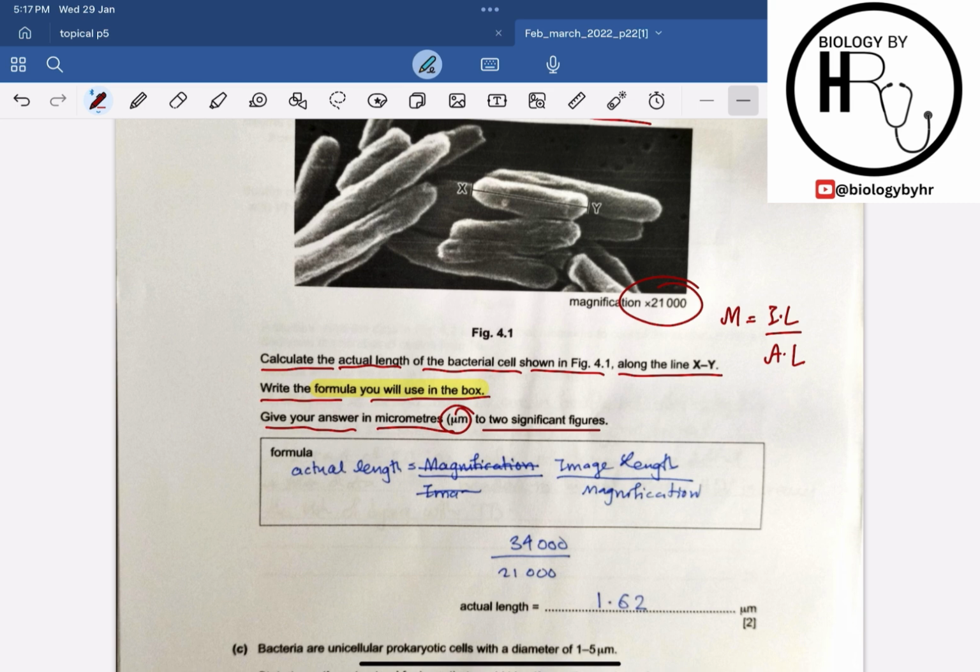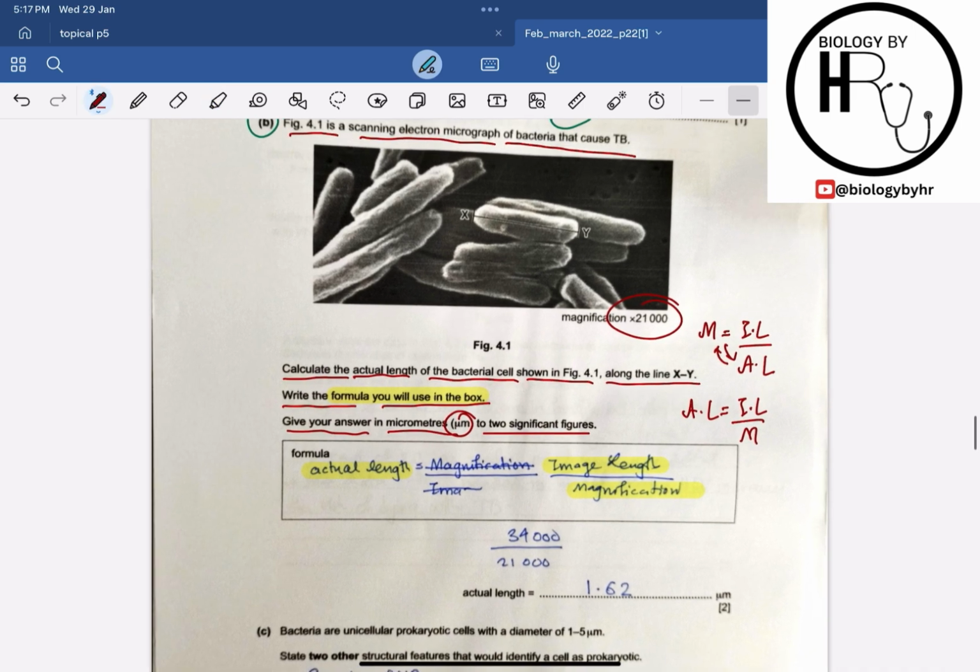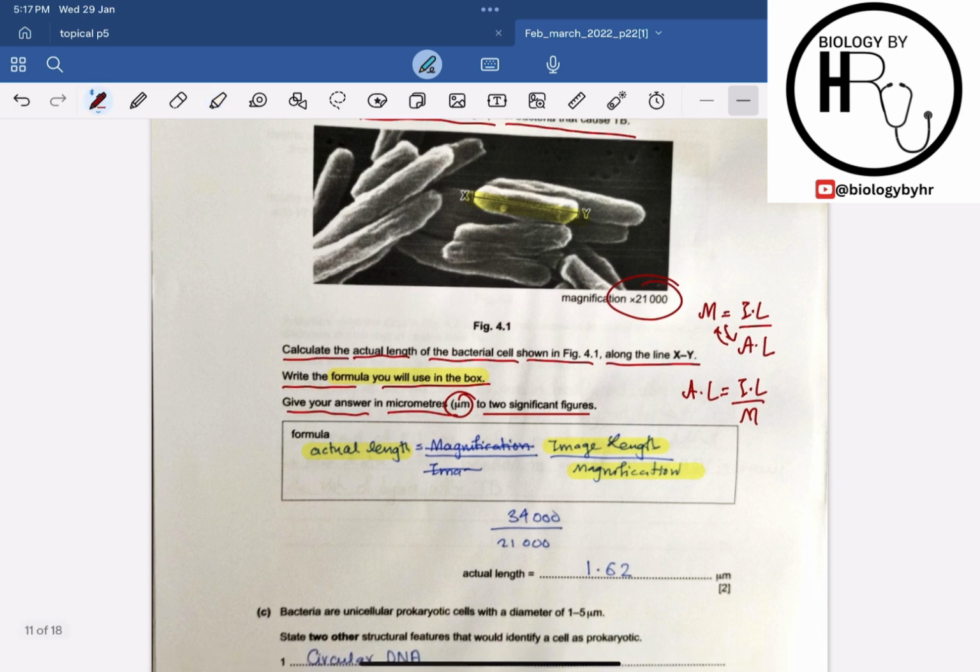actual length, right? So we will make actual length the subject and take magnification in place of the actual length. So actual length will be equal to image length divided by the magnification. We have just rearranged the formula, right? So if we calculate this length x and y with the help of the scale, it is coming to be around 3.4 centimeters,